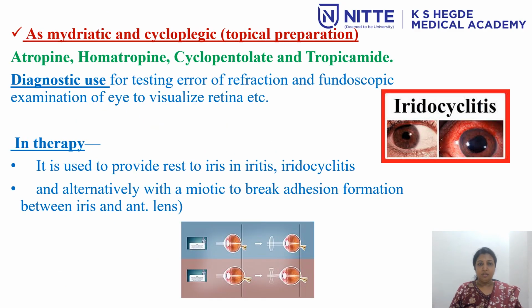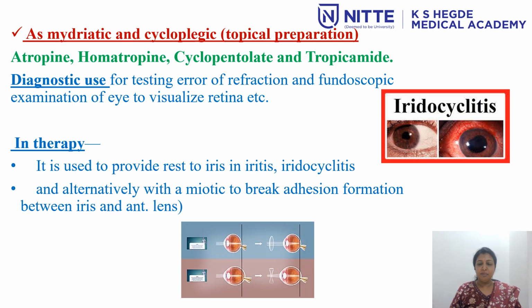Next, on the eye. They can be used as a mydriatic and a cycloplegic. They are usually used topically. The drugs which can be used as a mydriatic and cycloplegic on the eye are atropine, homatropine, cyclopentolate and tropicamide. They are mainly used for diagnostic use, that is for testing errors of refraction. For testing errors of refraction, you need both mydriasis and cycloplegia, and